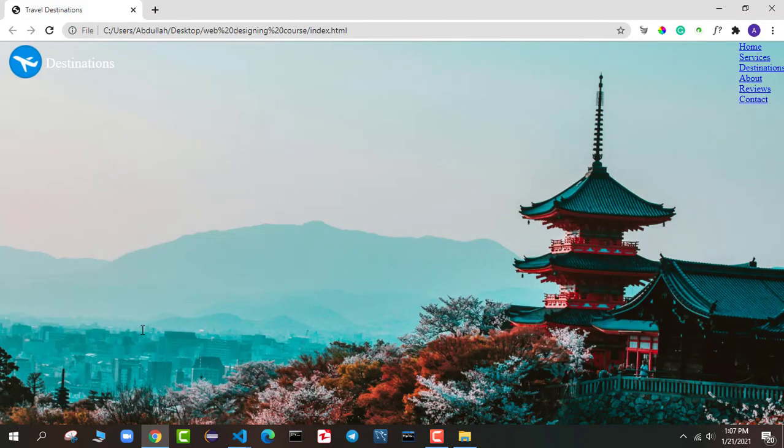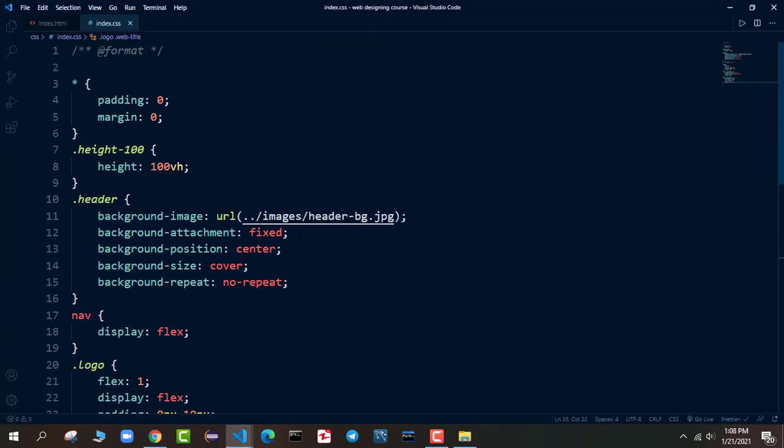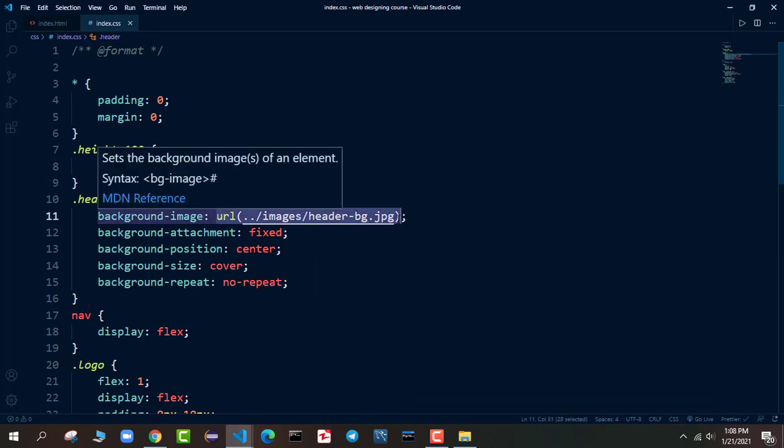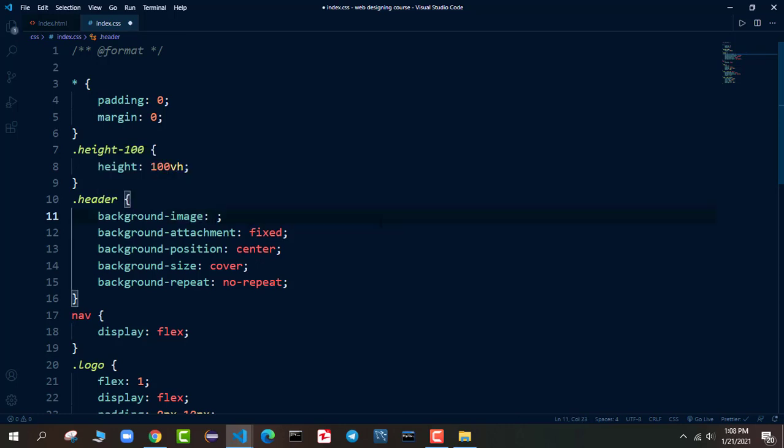So that's all that we got. Now you can see the title is not visible clearly. What we will do here, we will add linear gradient to this image. I didn't add it firstly because if I add it initially, you will not understand why actually we add this linear gradient. So that's why I am adding it at the end.